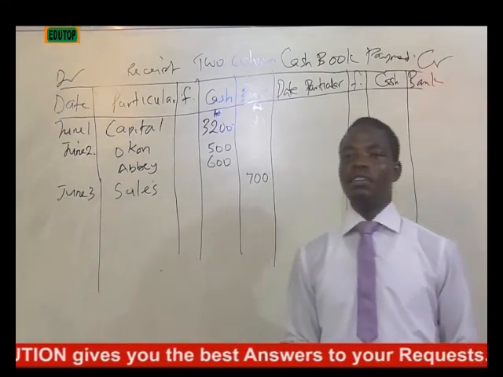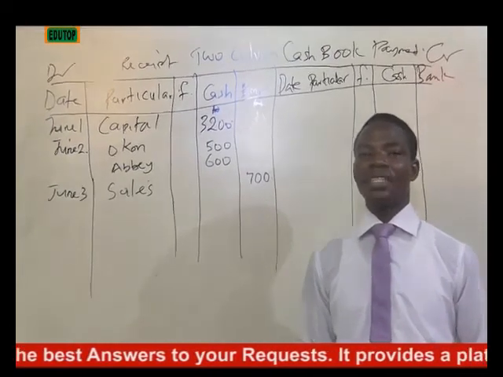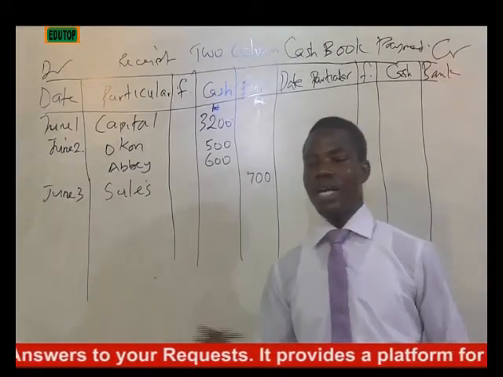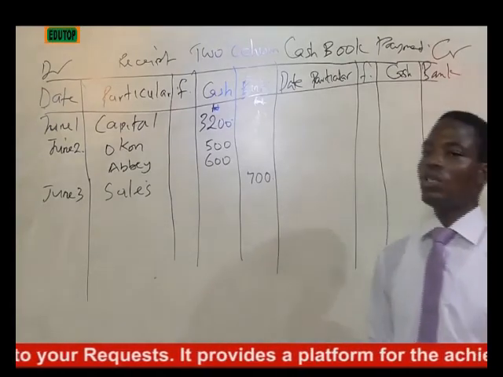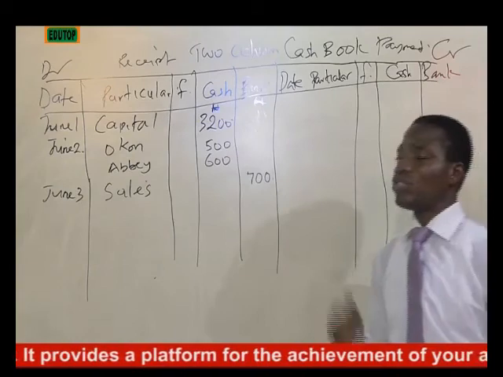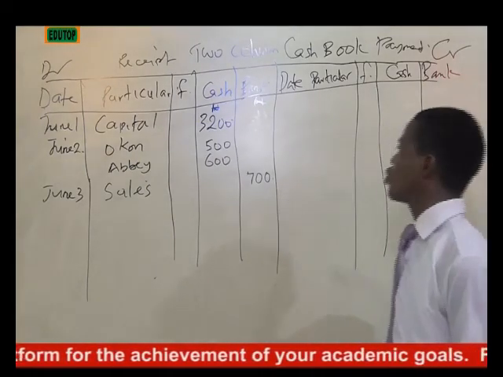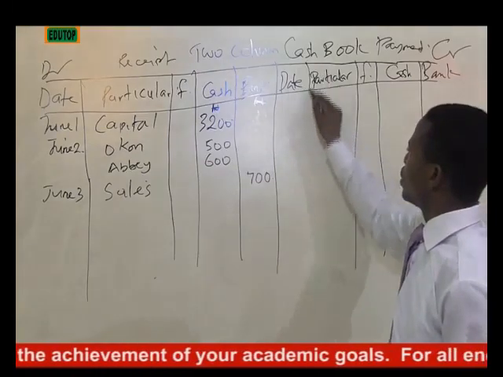Then June 5 says paid rent by cash. That means money goes out of the cash book and it must be on the payment side, which is the credit side. So paid rent by cash. That one is